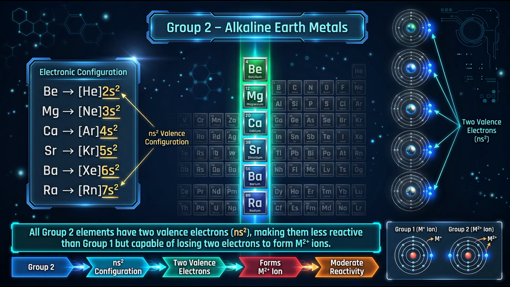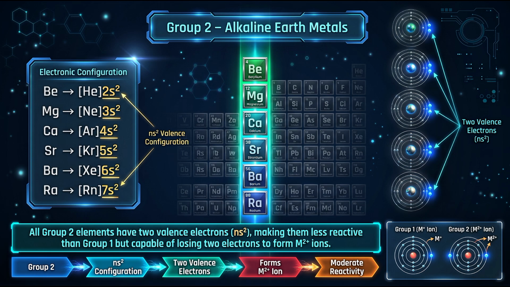The image shows the electronic configuration of each group 2 element. Beryllium has the electronic configuration 2s², which means that after the helium core, there are 2 electrons in the 2s orbital. Magnesium has the configuration 3s², calcium has 4s², strontium has 5s², barium has 6s², and radium has 7s². Although the principal energy level changes from the second shell to the 7th shell as we move downward, every element still ends with s². This common outer electronic configuration is the reason why all group 2 elements have similar chemical